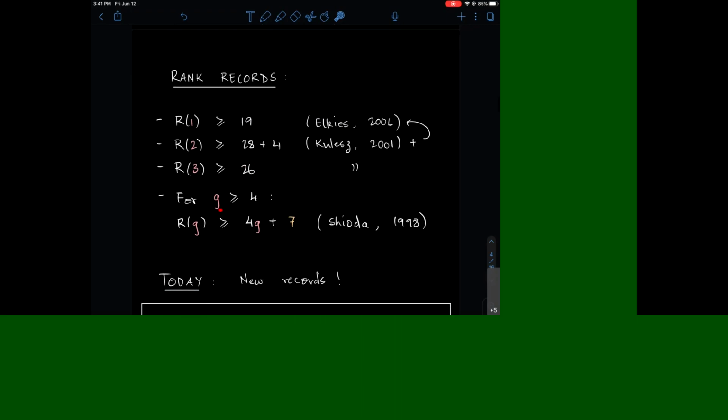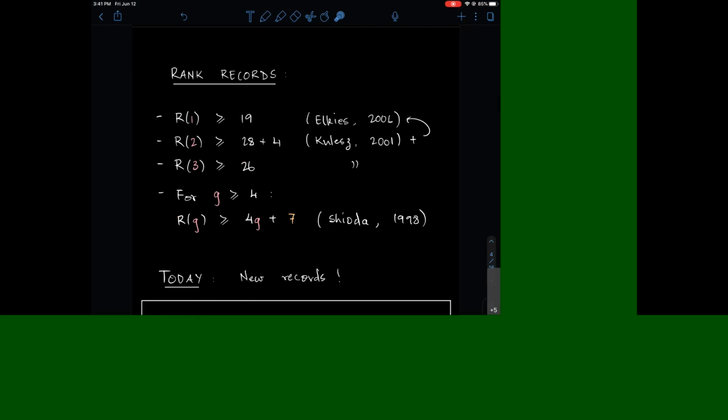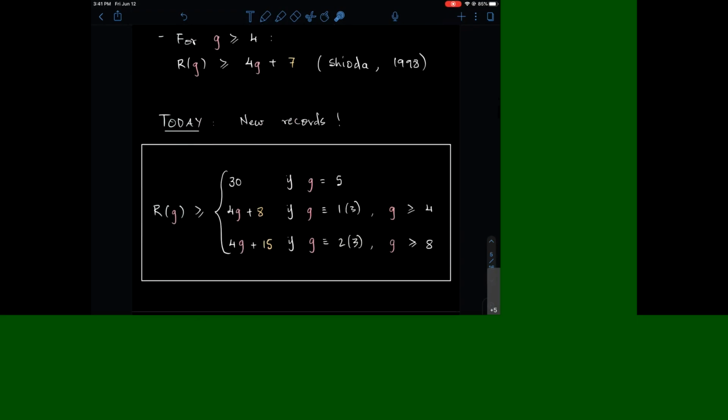Now, for genus at least 4, the current record is due to Shioda, who gets the bound 4G plus 7. So henceforth, what you'll be seeing is always this R of G written in terms of the genus itself, because that's what we're interested in measuring. And so today I want to present how it's possible to actually improve this last record in the following